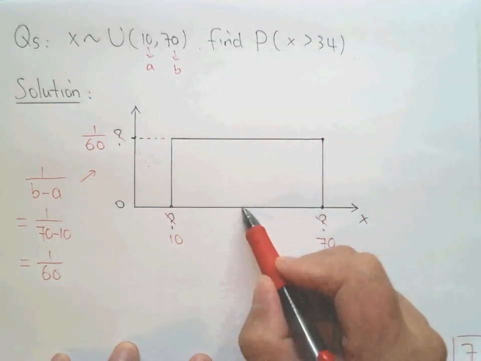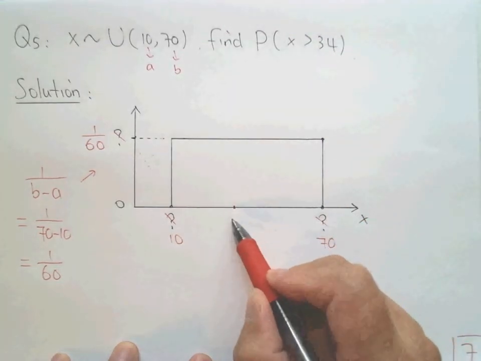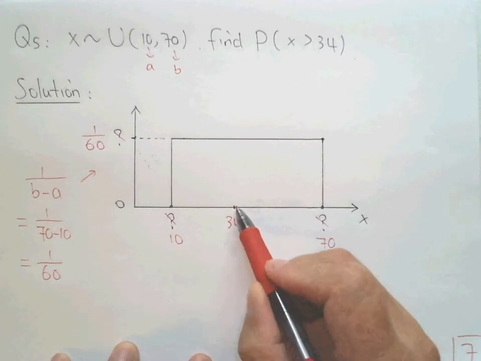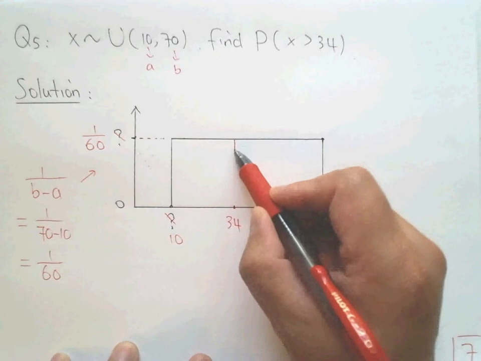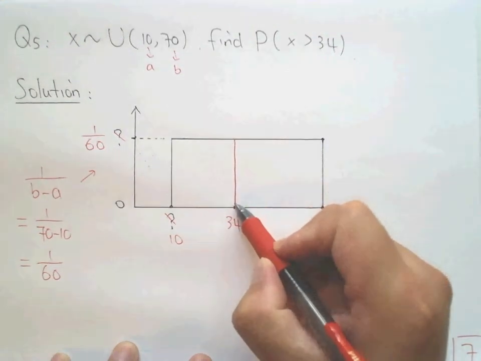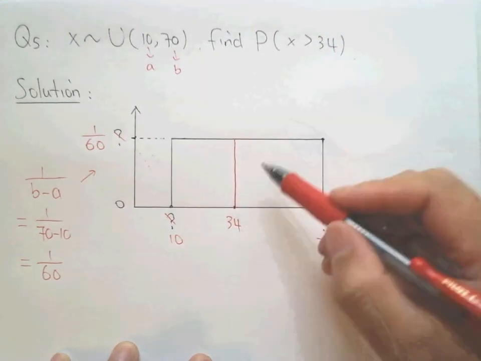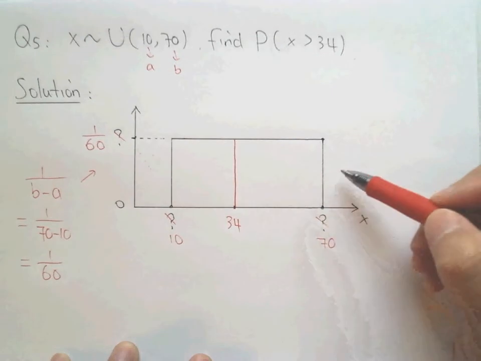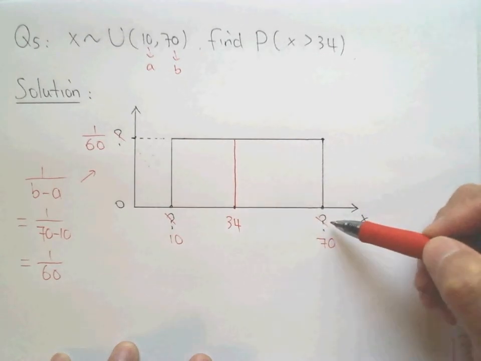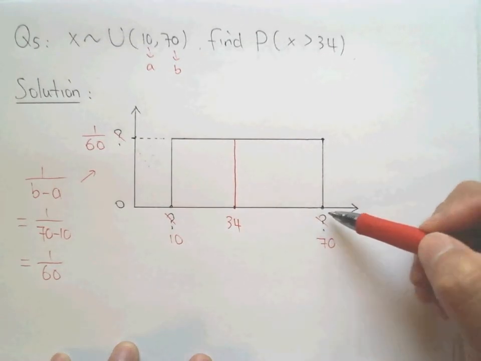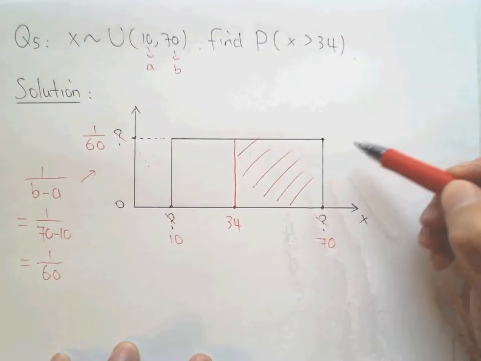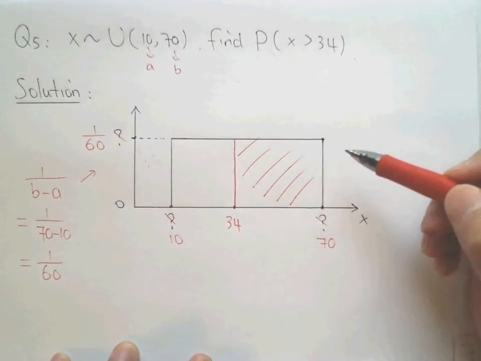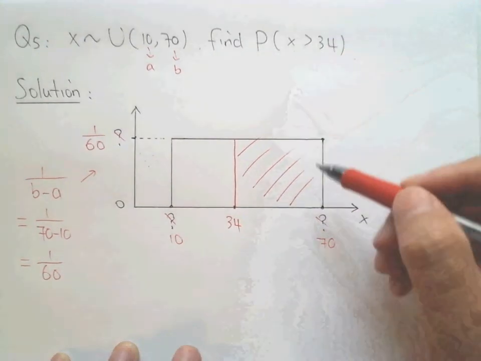Okay, and then the second, this is a little bit different. X greater than 34. 34 is probably somewhere I say here. That's 34. X greater than is to the right? So how do you think? Where to stop? Okay, this is only the left. To the right should be less than 70. Why? Because this is the maximum value for X. Okay, if you highlight,